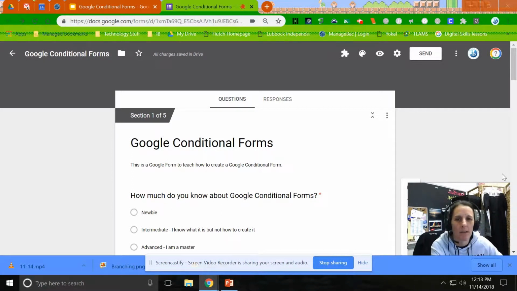By now, you most likely understand the basics of Google Forms. Hopefully, you have used Google Forms in your classroom, either to make a simple quiz or even a graded quiz. So what we're going to do right now is talk a little bit deeper about the menus